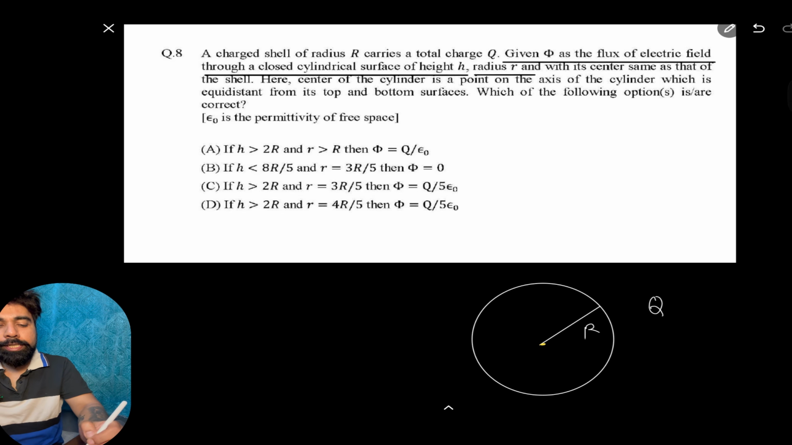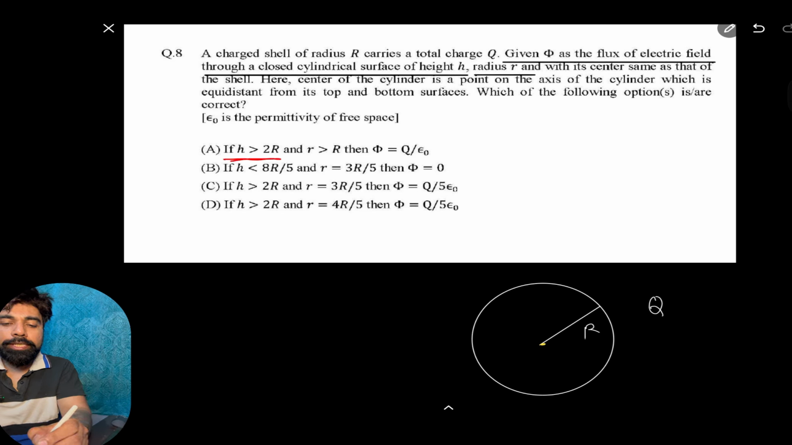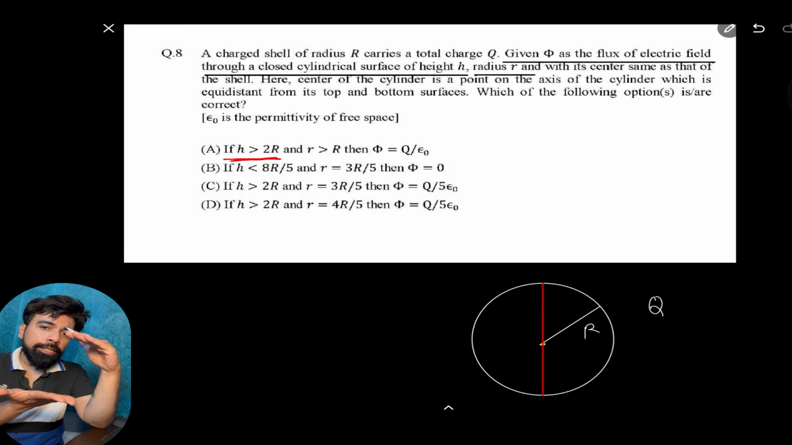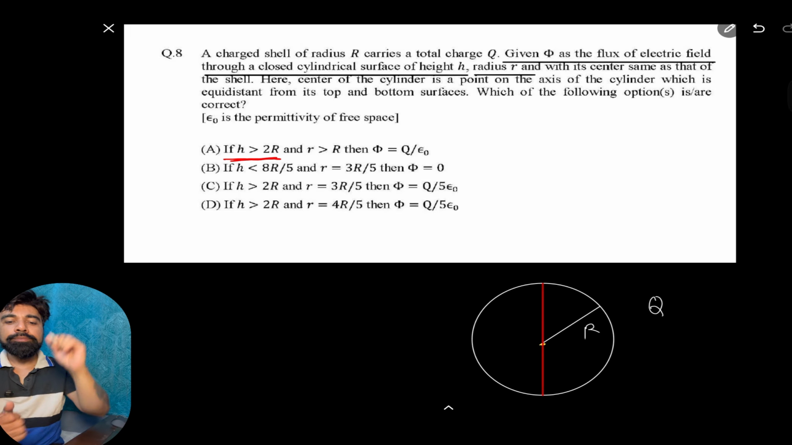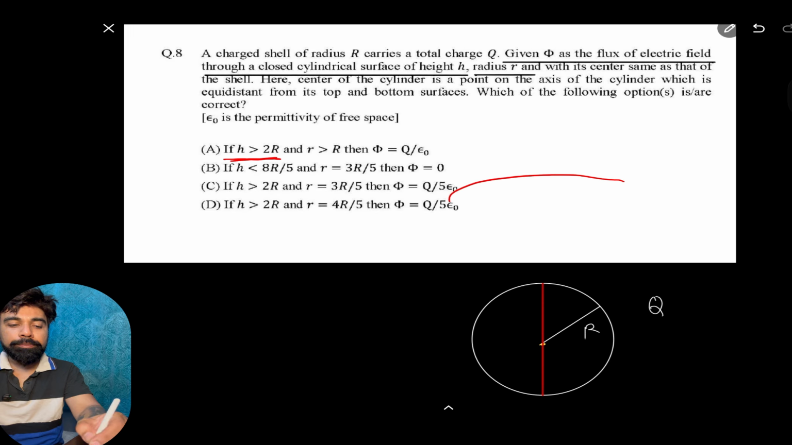For the first case, what is the first case saying? The first case is saying that if h of the cylinder, that means the height of the cylinder, is greater than 2r. What is 2r? 2r is the diameter, right? So the height of the cylinder is more than 2r. That means its height will be more than the diameter, and the radius of the cylinder is also greater than the radius of the sphere. That means the cylinder will be something like this,